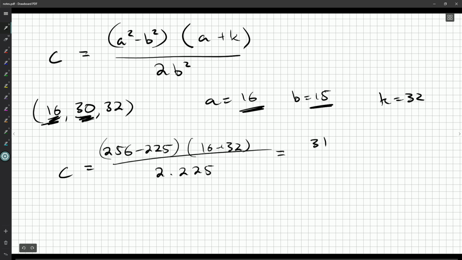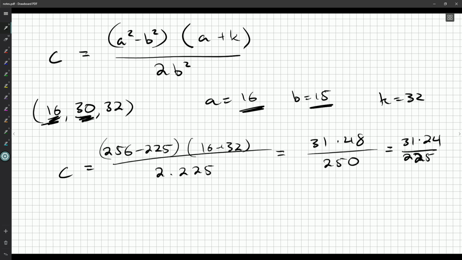Okay, so that's 31 times 48 all over 250. Let's see, we can divide top and bottom by 2. And that's sadly about it, but